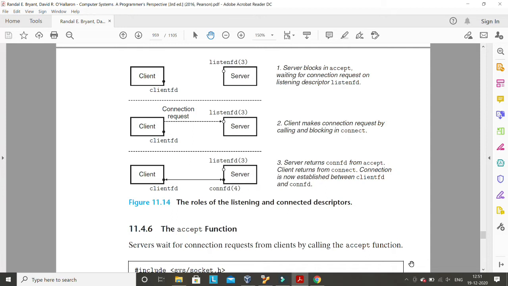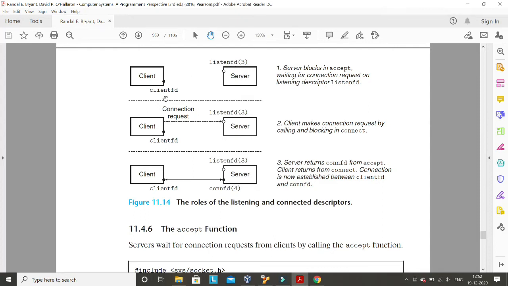And then what is actually happening, that part is very important to remember. If a client wants to connect to the server, then we have to assume that in the server open listen fd is already executed, right? A listen fd is created, meaning there is a listen descriptor already there by calling the open listen fd function. So the server is already created, and the server is now waiting in its accept function to accept a client connection.